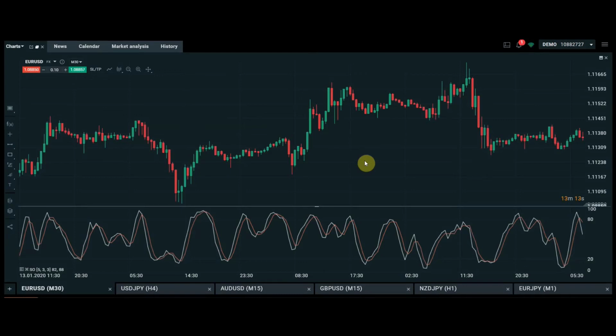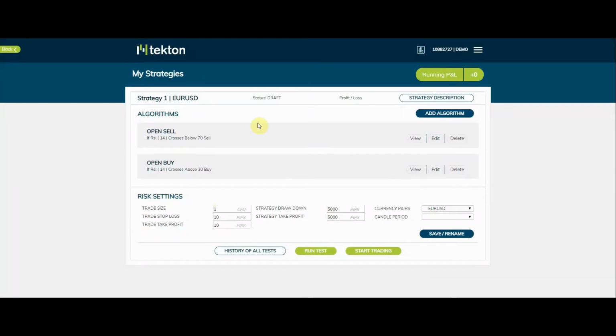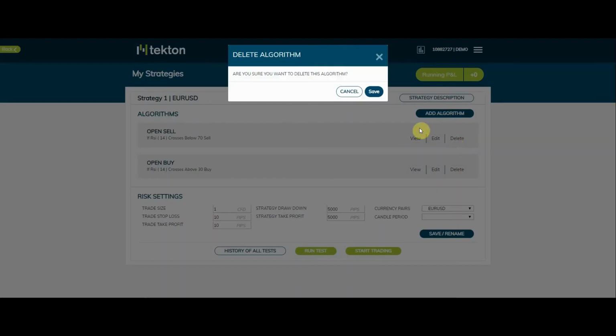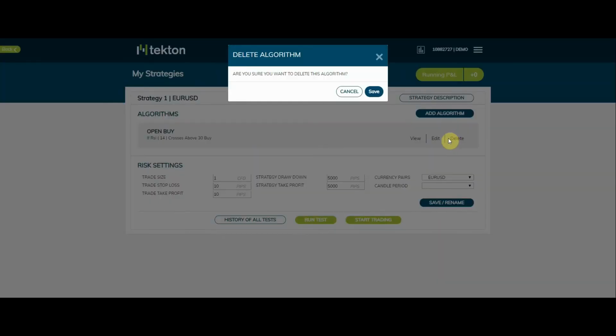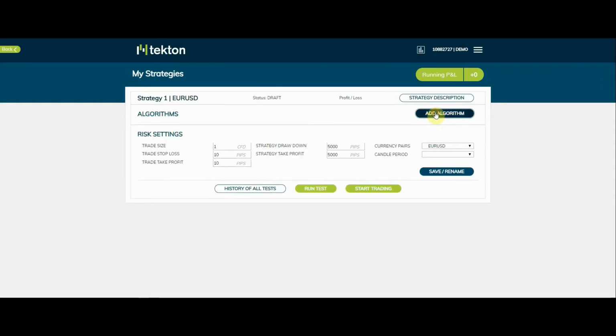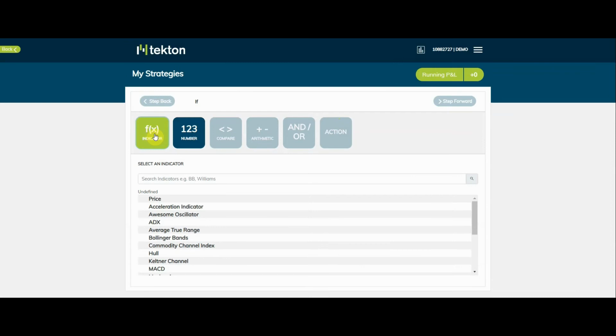So what I'm going to do is go into Tekton now and create a strategy for when the main line crosses the signal line. So let's go to Tekton. Let's delete the one we've got so far and add a new algorithm. So this time is when